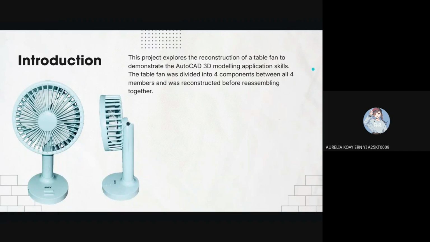So as an introduction, this project will be exploring the reconstruction of the table fan and also to demonstrate our AutoCAD 3D modeling application skills. So this table fan was divided into 4 components, which are the fan blade, the fan base, the fan stand, and also the fan guard respectively, among all 4 of our members, and was reconstructed using AutoCAD 3D modeling before